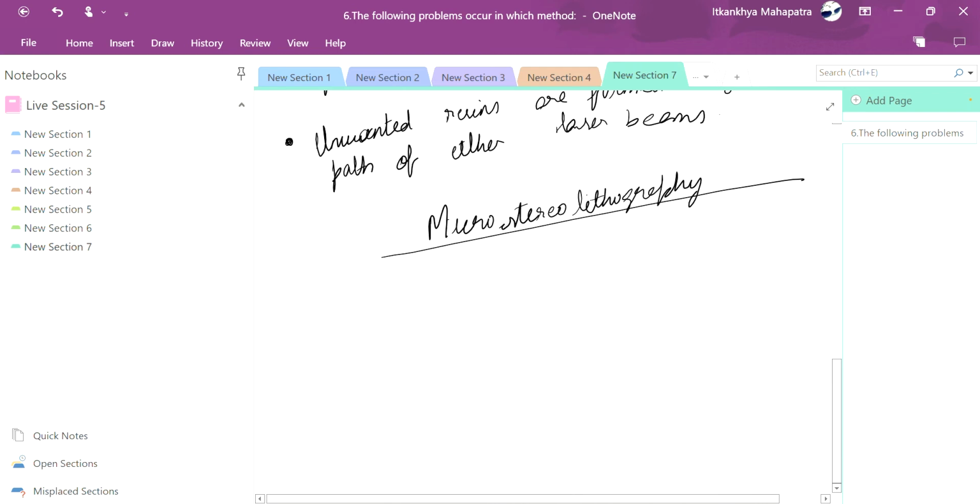So microstereolithography, where we get very accurate parts and the focus point of the laser beam remains fixed. But the main disadvantage is that it is very slow as compared to other processes like the two laser beam process or rapid freeze prototyping. And here